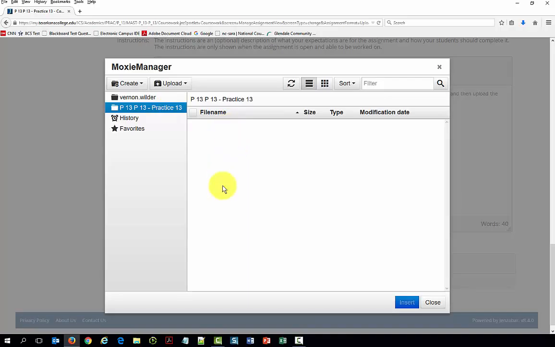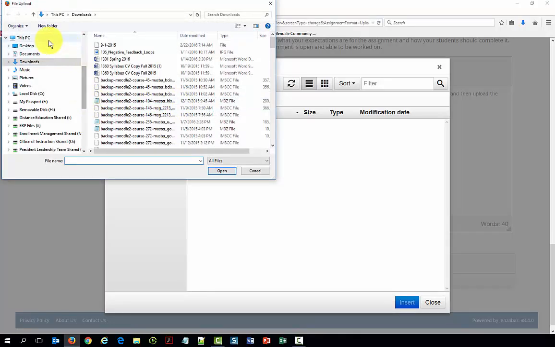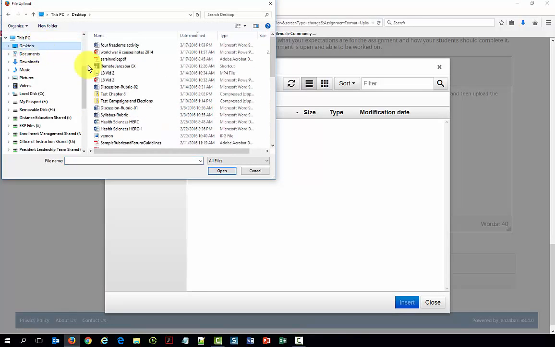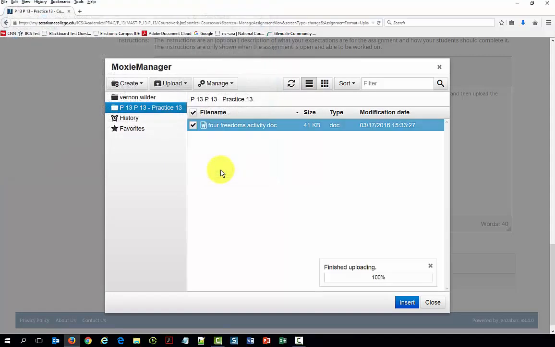I do not have it in yet, so I'm going to click on upload, and I'm going to go to my local machine, and I know that I saved that file on my desktop. And there's my 4 Freedoms activity. So I'll click on it, open, it loads, it's 100%, it's finished. I click insert,